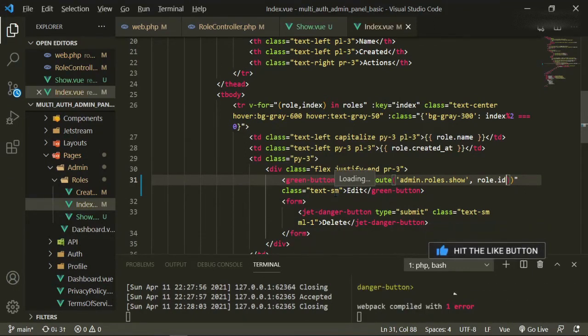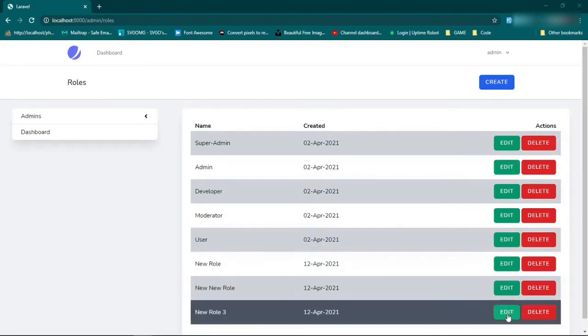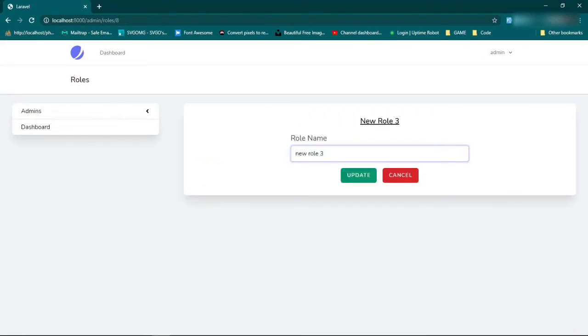Now we can go and refresh. So go back, refresh, and now if we click the last one that we made, we should be able to go to that page. Okay, and we are, and you can see we have new role previewed up here. We have role name and it's already in our input.